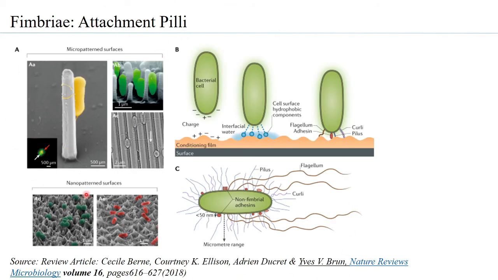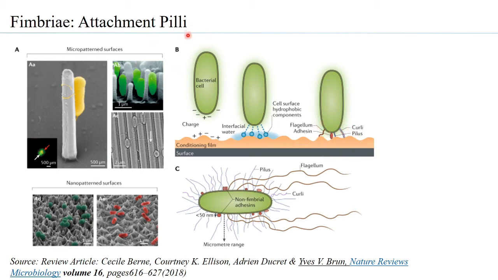A study carried out shows that single cells can also adhere to surfaces, and the adherence of single cells can be because of charge interaction, or because of molecules present that help in associating with the interfacial water. But the most characteristic and strong attachment that a single cell can make with the surface is because of the pili that are present.